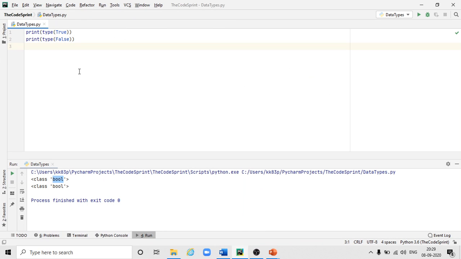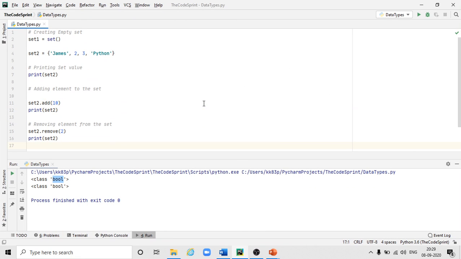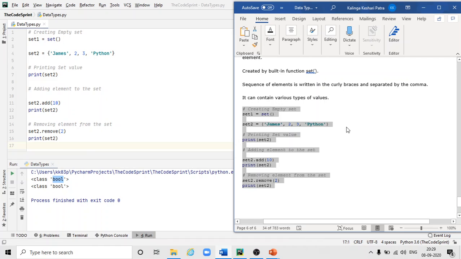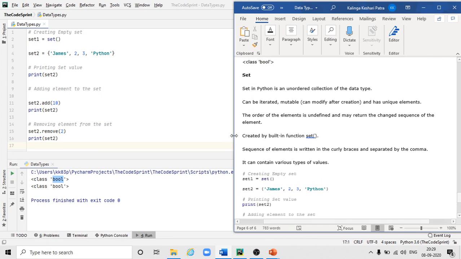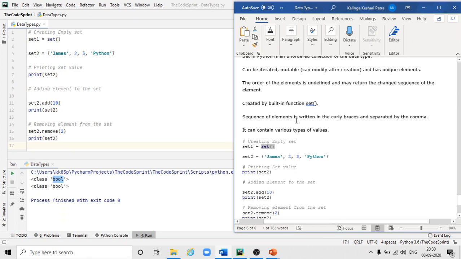So yes, we can iterate, we can modify also. The order of the elements is not defined and may change. Using this I can create a sequence of elements written in curly braces and separated by comma. So it is within curly braces and it is separated by comma.